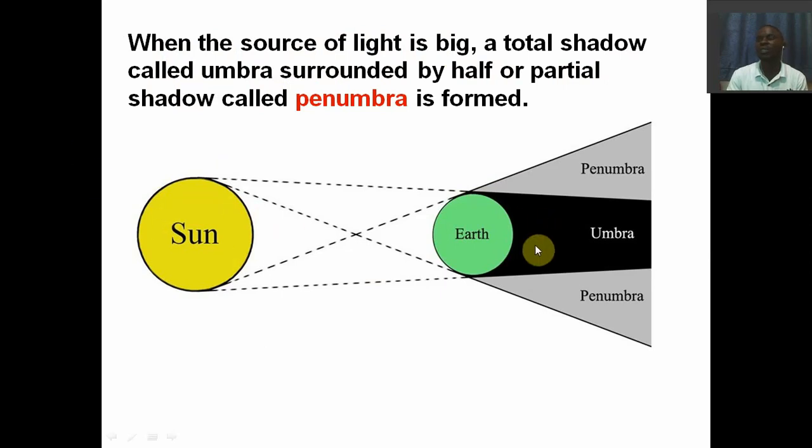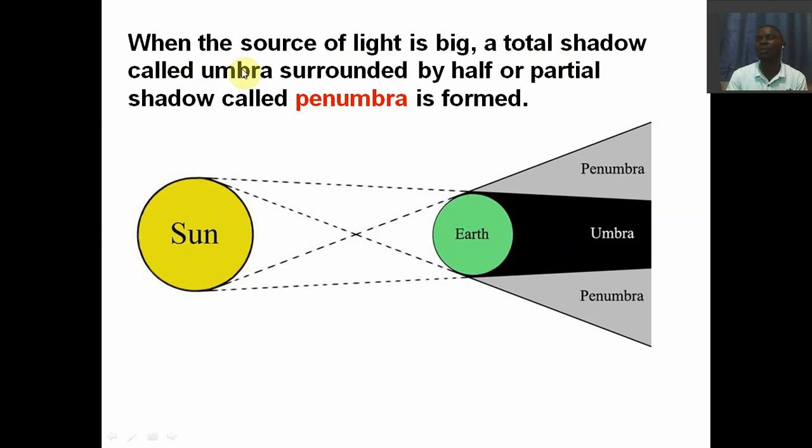So when you look at this diagram, when a source of light is big, like you can see here, the sun is big enough, or take an example of maybe a torch or maybe a lantern. One of the other characteristics of shadows is that when the source of light is big, a total shadow is formed,